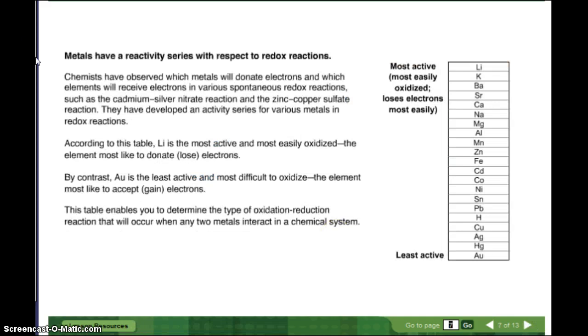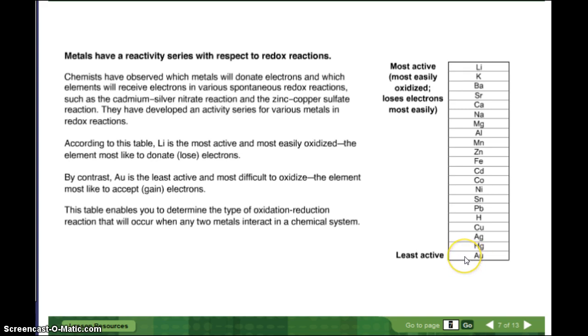Metals have a reactivity series with respect to redox reactions. So remember at the very beginning it talked about how silver can go on to a certain metal, but that metal can't go back onto silver? Here's the reason for it. We have a list of the metals, and lithium is the most active, the most easily oxidized. In other words, it loses electrons most easily, whereas gold is the least active, and therefore it's not going to